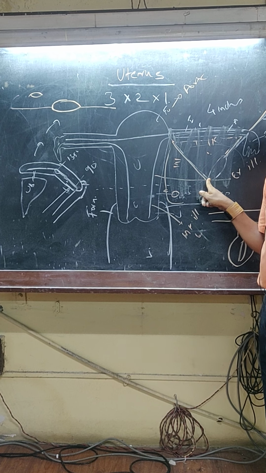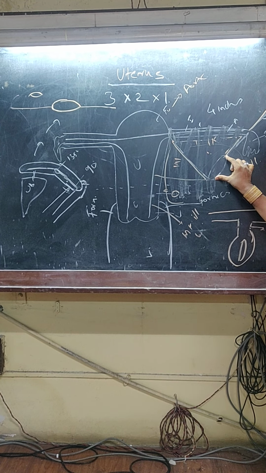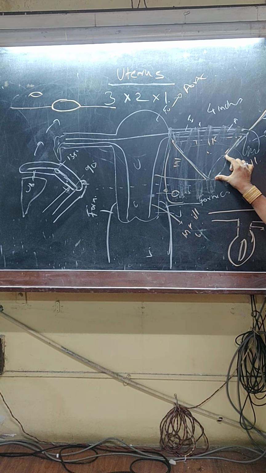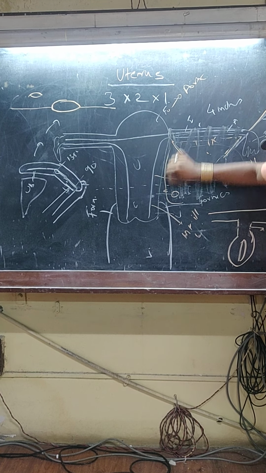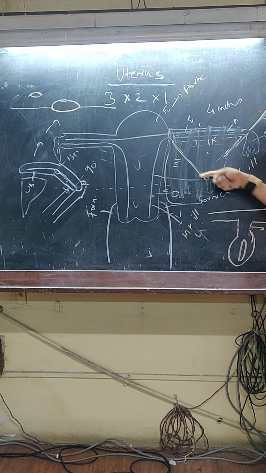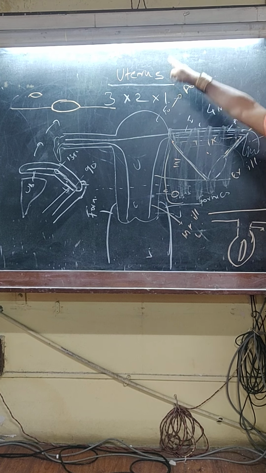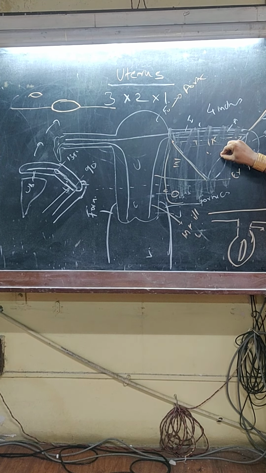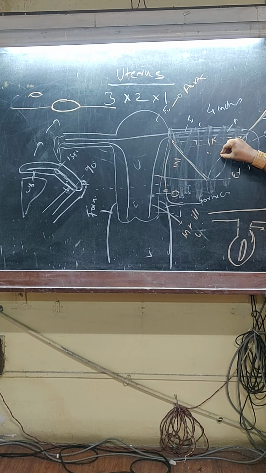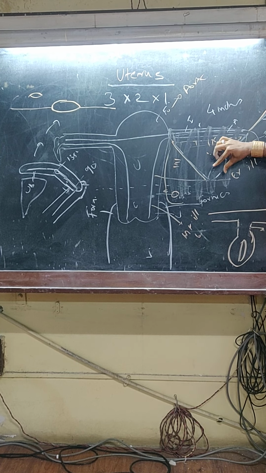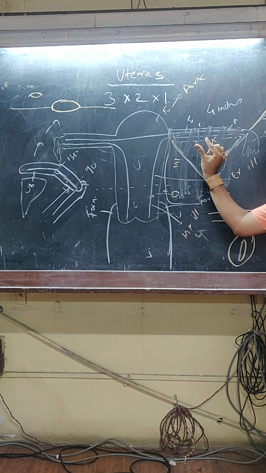Okay, we can easily identify whether a female has given birth to a child because this is a normal position in a female who has not given birth to a child. Later, when this uterus grows, this ligament will get pulled. Ovary in a female who is pregnant full term, because this angle goes up. Then when it comes down, it becomes horizontal. But this also gets pulled, this also gets pulled.